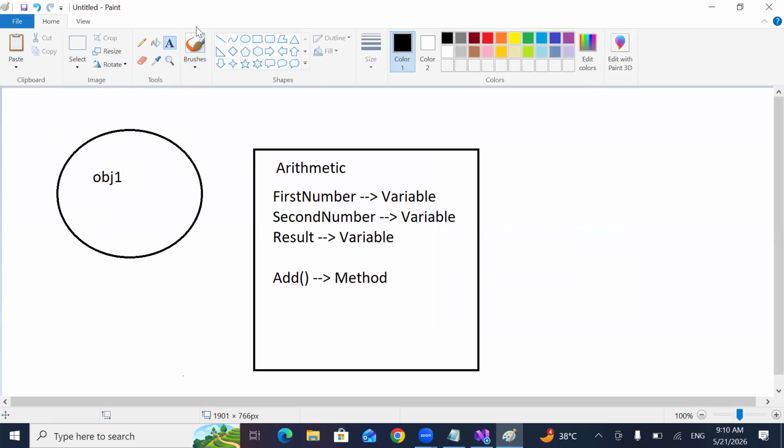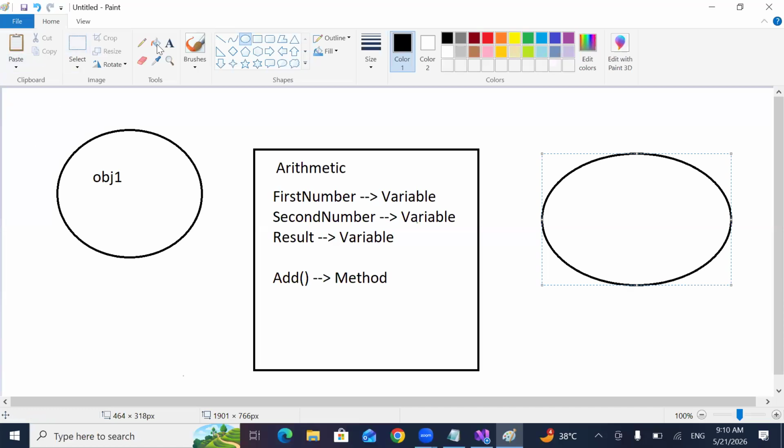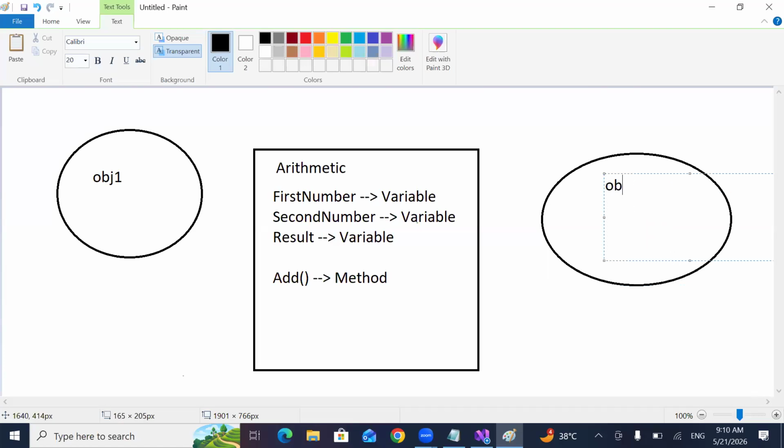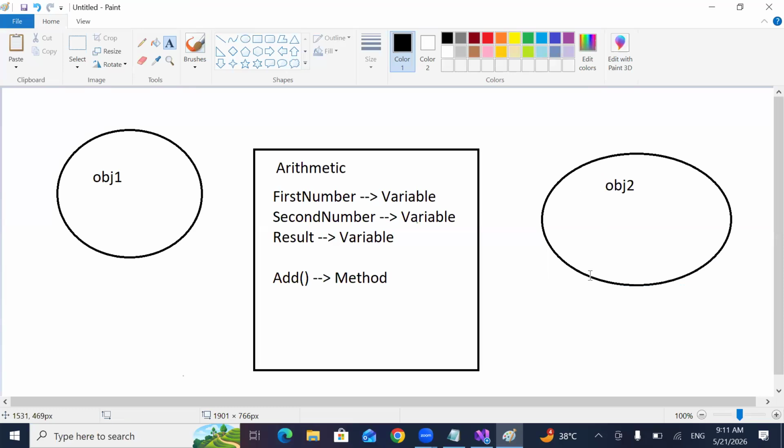I have another object here, which is obj2. Now, can both obj1 and obj2 create an individual memory for the class, or the same memory for the class? Both objects will create an individual memory holding a different value. Is it correct or wrong? Say yes or no.